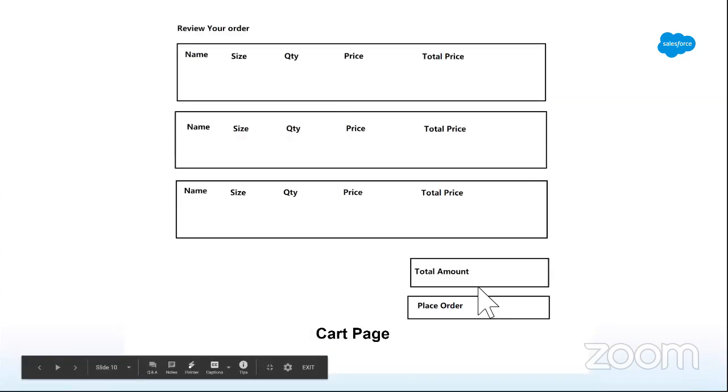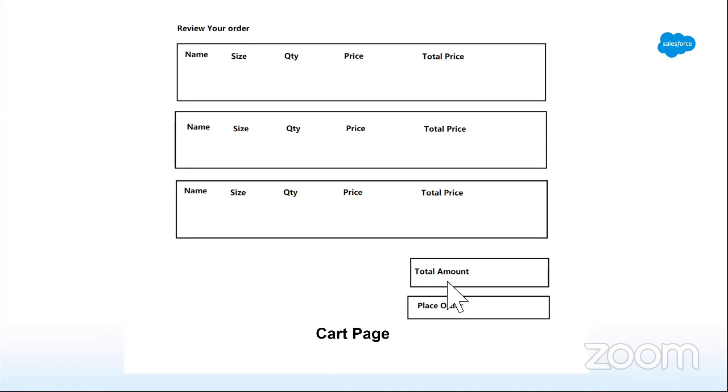And this is the last component we are going to build, your cart page. You can review your order, you can review the order amount, and you can place an order. Okay,